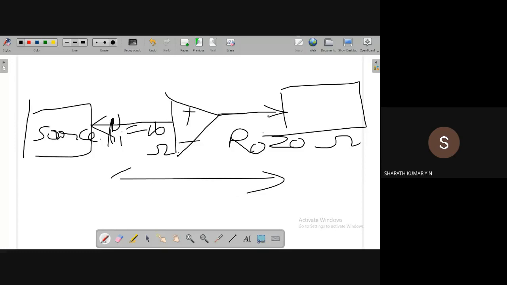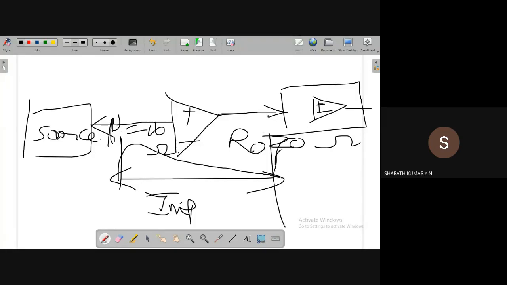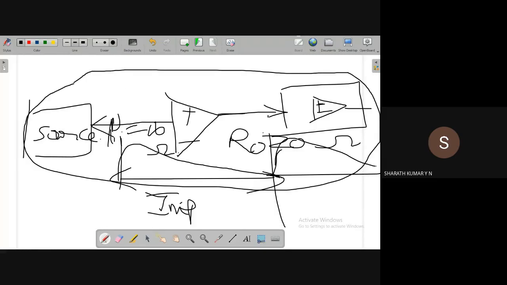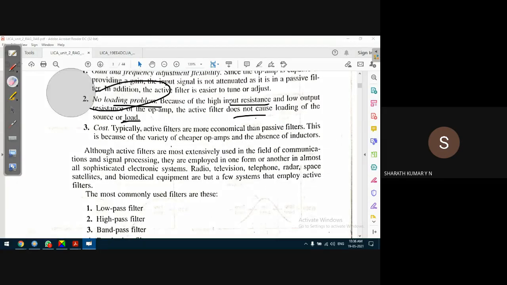If you observe the impedance variation, the impedance goes from a very high to a very low value in the case of an op amp. Let us say this is another op amp circuit, a multi-stage op amp circuit. Here also the impedance is very high at the input stage and very low at the output stage. So this provides a kind of impedance matching, where the loading effect on the source as well as the receiving circuit can be avoided. That is the basic advantage of using op amps, especially op amps, because they have an advantage over transistors.